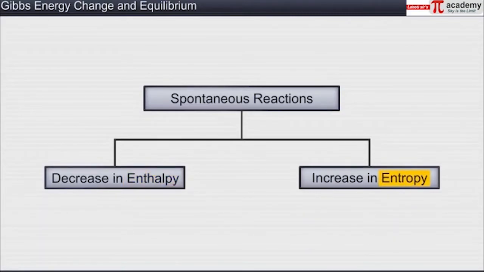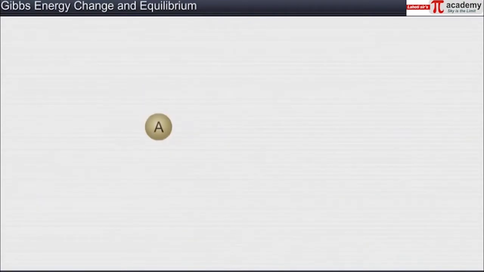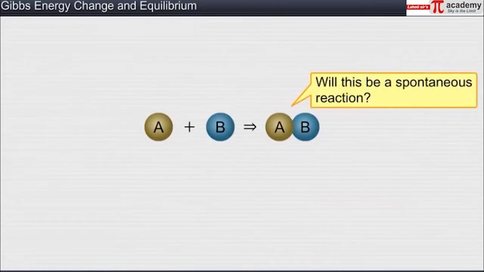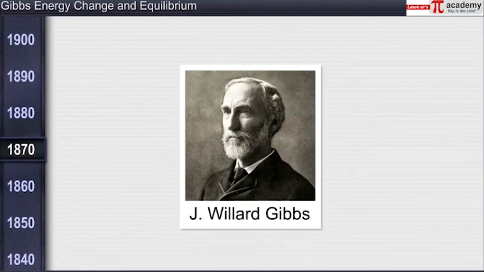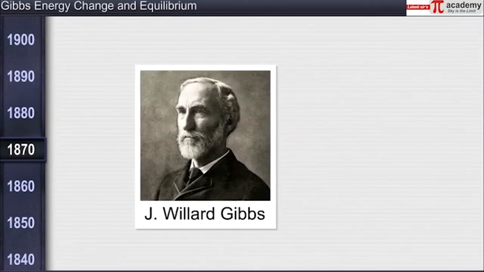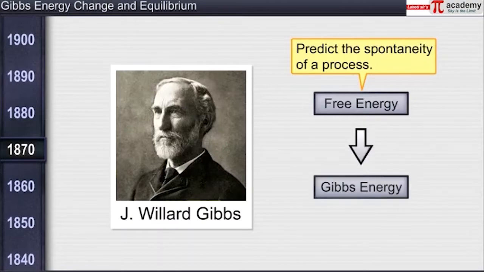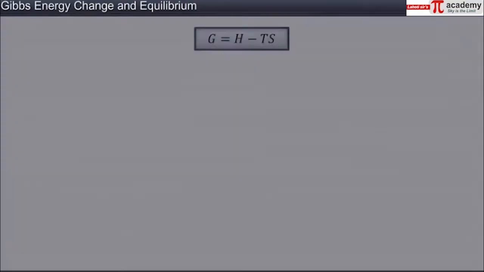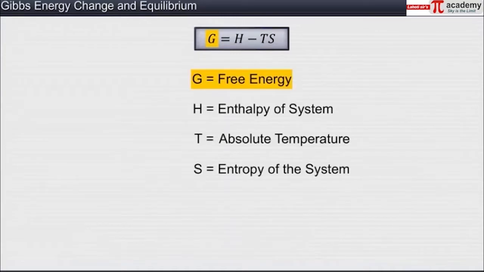We've learned that entropy helps us measure the degree of randomness or disorder. But, is there a way to predict if a process is going to be spontaneous? In the 1870s, J. Willard Gibbs, an American mathematical physicist, developed the concept of free energy to predict the spontaneity of a process. Today, the term free energy is called Gibbs energy. Gibbs energy is represented as G and is calculated as